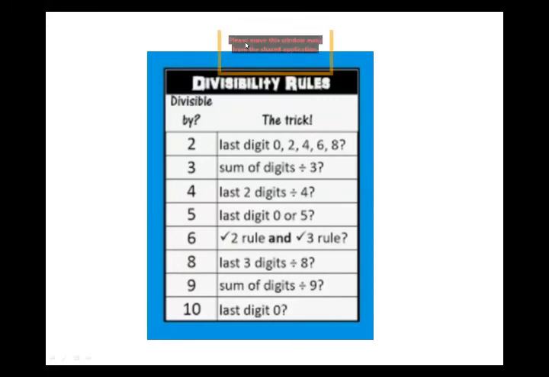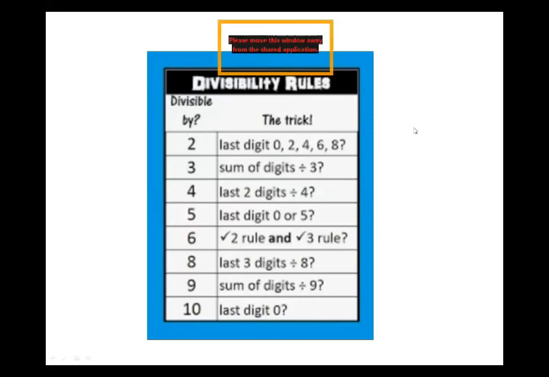In your book exercise 2.2, you just have to check the divisibility in your book exercise questions. You don't have to use the division method to find whether the number is divisible by 8 or 11. You just check the divisibility by using the divisibility rule. Clear, students? Now you have different tasks to complete.